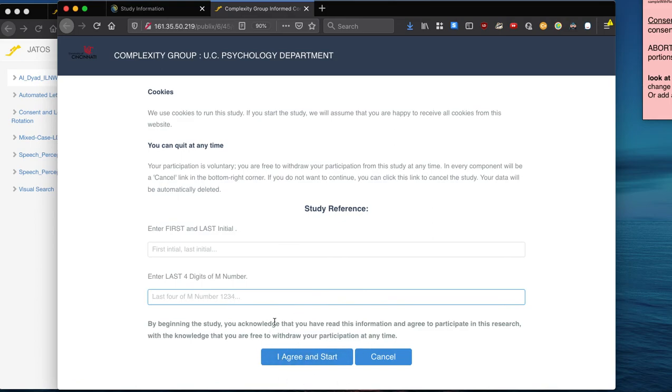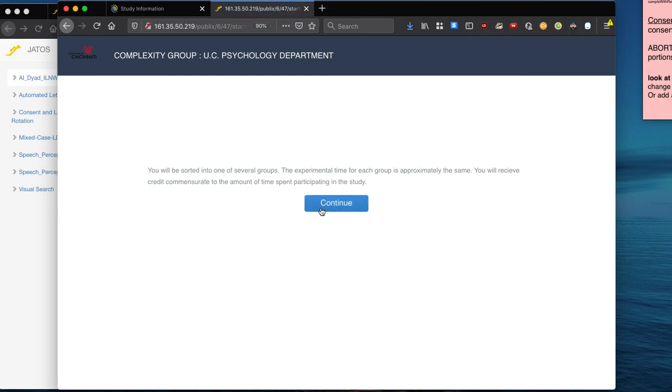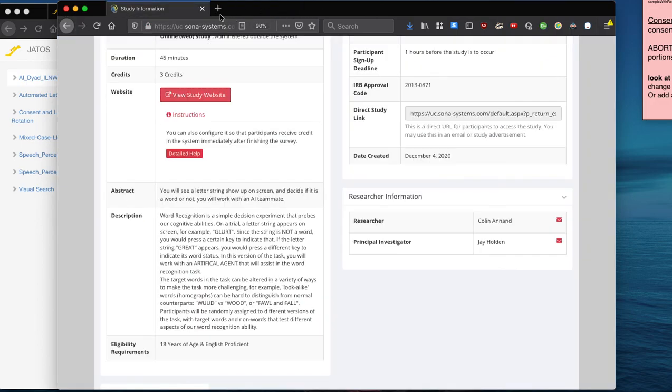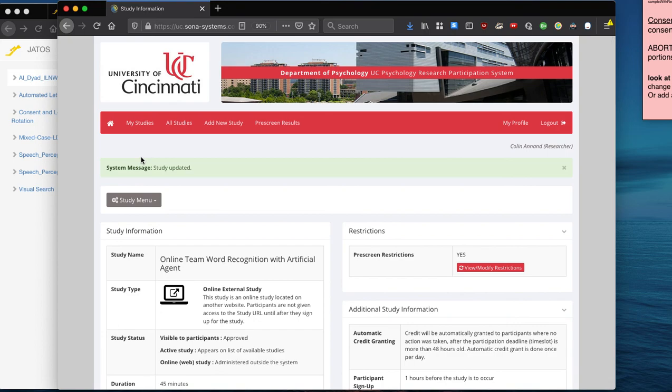So I'm not actually going to click through here, but this would take me into the sort conditions page, and if I hit the continue button here, this would actually create that batch session data, I believe. So I'm going to close that out for now. And then the next video is just going to cover exclusively in Sona creating slots that correspond to how many participants